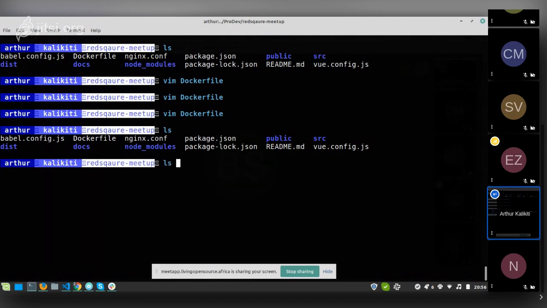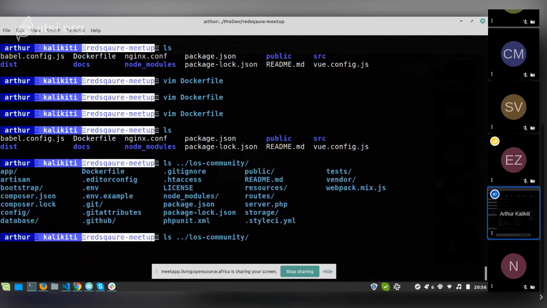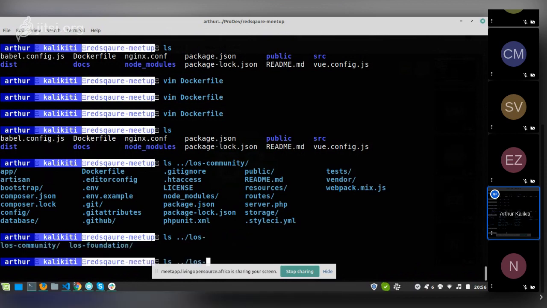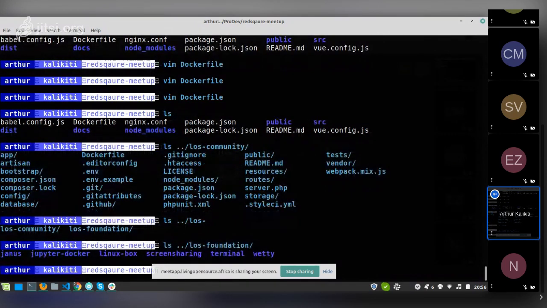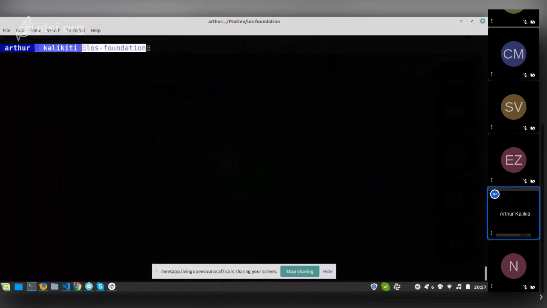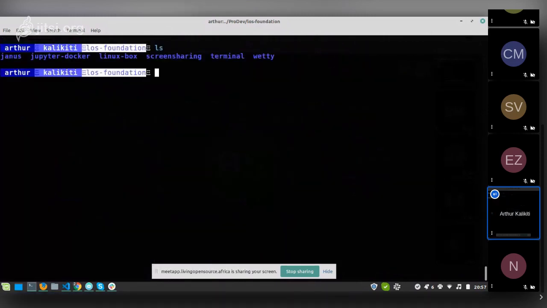Just a moment. Okay, do I have a Dockerfile in them? Okay, let me just look for the container that is in here. Okay,